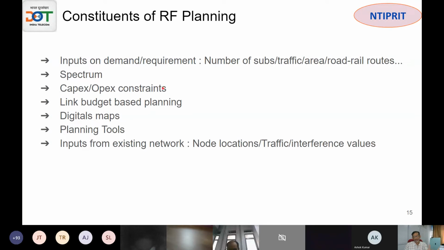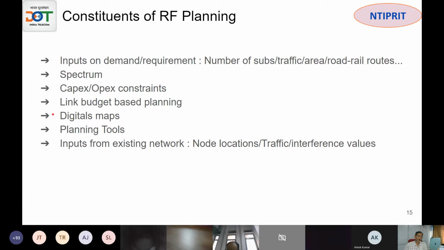I want to have a throughput of 2 Mbps. I want to have a throughput of only 5 to 10 Mbps. Based on that kind of input, if you run the link budget, it will tell you this is the cell radius that you are looking at. Then from cell radius, you can find out cell area, and then you will be able to find out approximately how many sites. So this kind of an idea the planner will get from just a link budget.